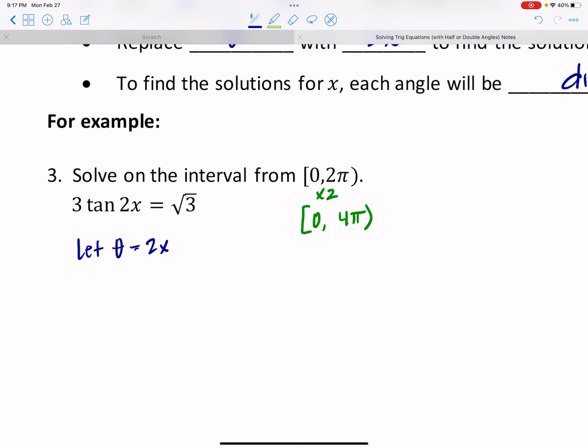So when I rewrite this, I'm looking at 3 times the tangent of theta equal to radical 3. So I'm going to divide the 3 over. So the tangent of theta is going to equal radical 3 over 3. And I feel like I may have made a typo on this problem. Radical 3 over 3,